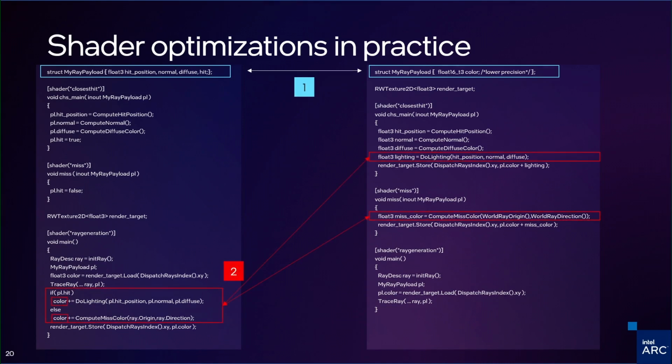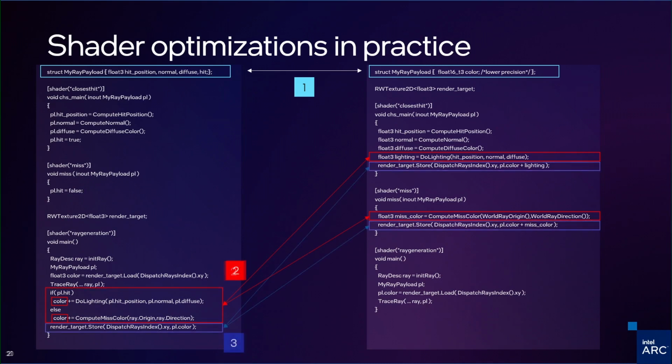The second optimization is around this color value. If you look on the left-hand side, after TraceRay, we actually had to have the color value be pulled in from above the TraceRay call to the bottom, and this is part of that spill and fill, where the color is used before TraceRay and after TraceRay. So the first thing we did here is lower this down into the closest hit and miss shaders, since effectively that's what that code was doing on the left-hand side. Again, the motivation for this is to reduce that spill and fill cycle that we had to do